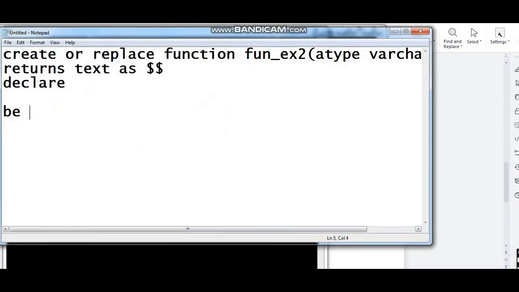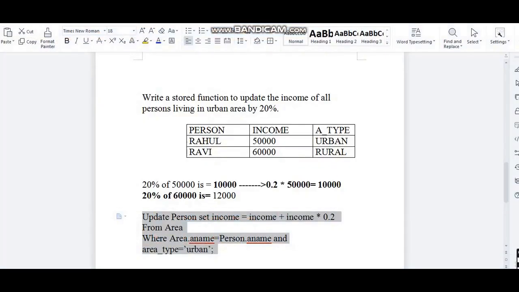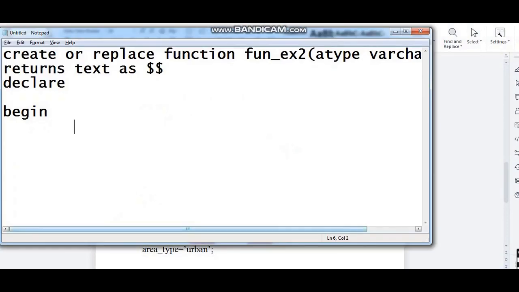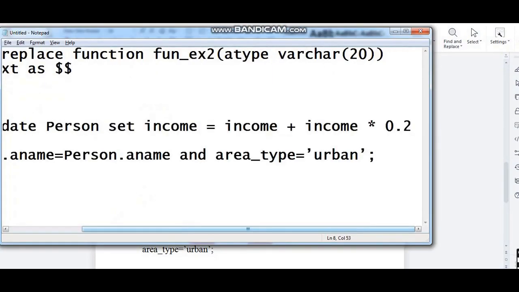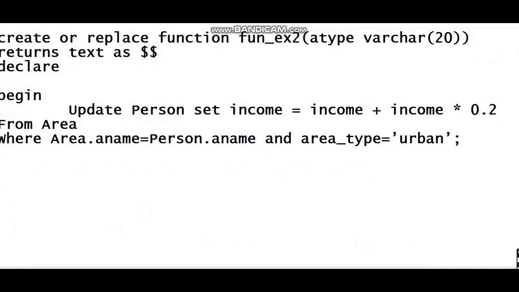Okay, then begin, and here we are going to type the query. This is the query. I am going to copy the query and paste it over here.